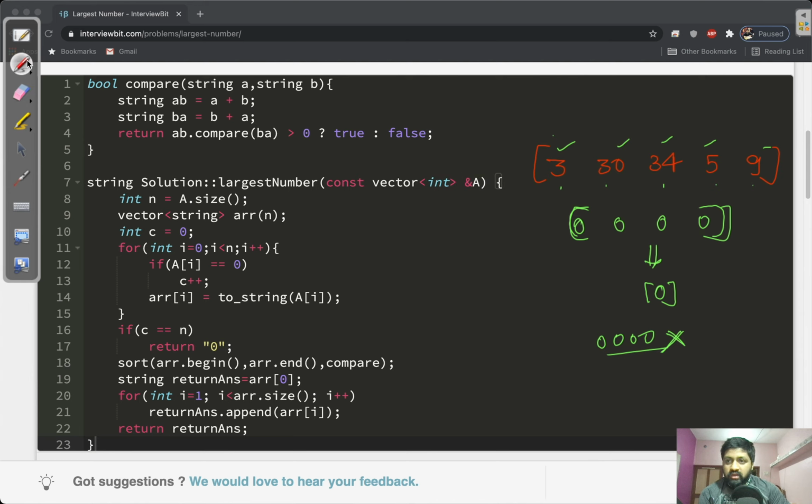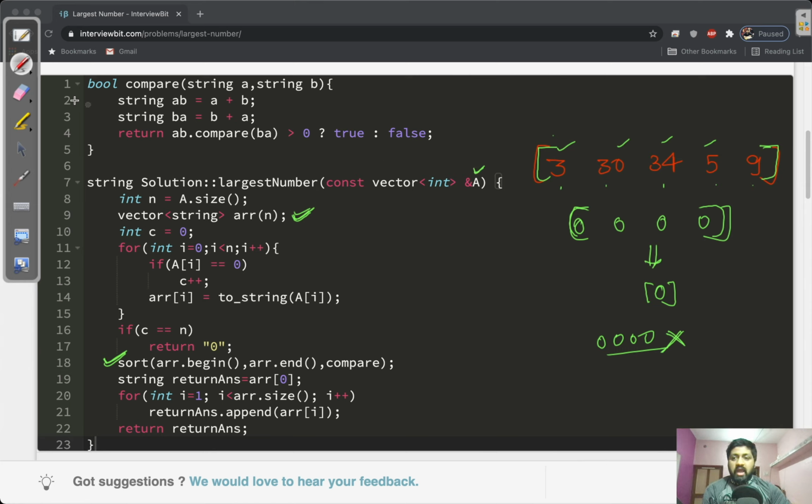If this is not the case, then we need to sort this array of strings which we have generated. See, now this is an array of strings which represents the same number which we are given in the integer variable a.